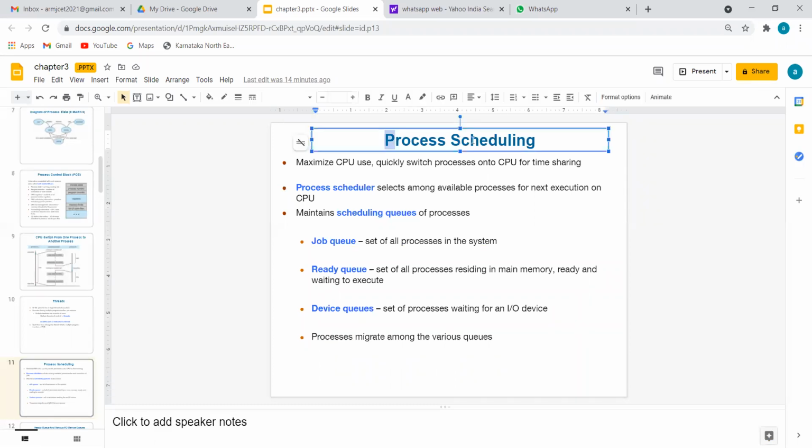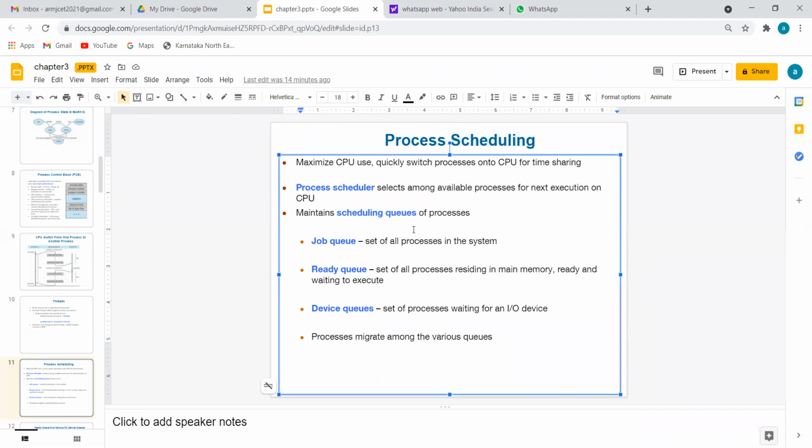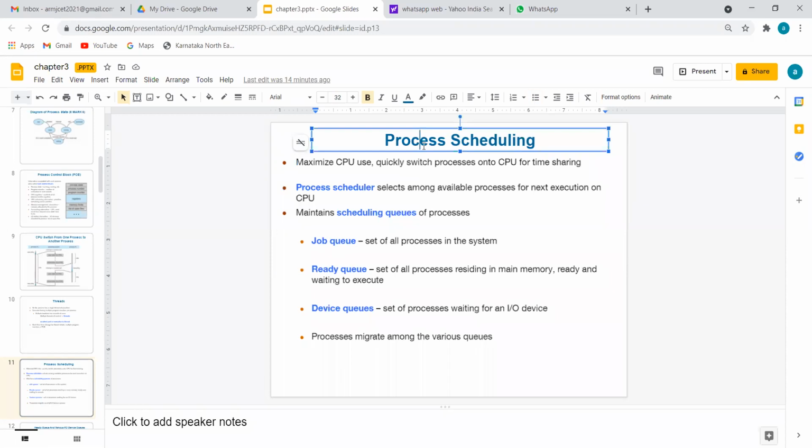Next is important. Do we need a class timetable? Can you reply in the chat here? Do we need class scheduling, meaning a class timetable? Is it required? Yes. Why? So the student can decide which classes are there, at what time he should go, should he bring the apron today or not, should he bring a laptop today or not, can he miss the day or should he not. So process scheduling is equal to a class timetable.